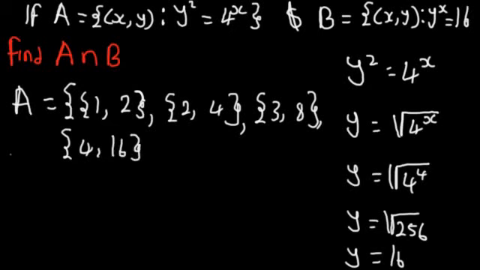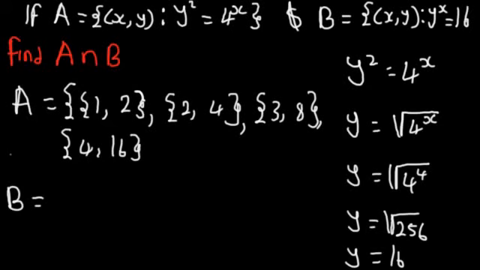So we will keep getting the value of x and y as we keep moving forward. So let's stop at this point. Okay, we have gotten 4 different subsets. Now let's move forward to set B. What will be the value of set B? They said as